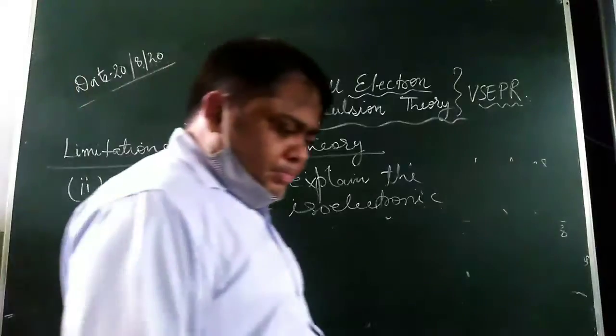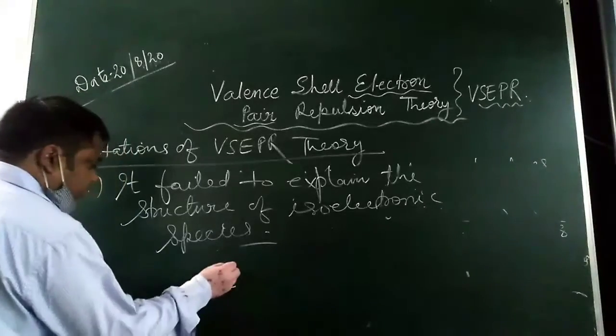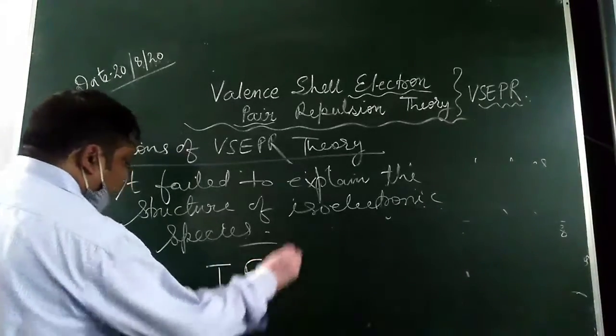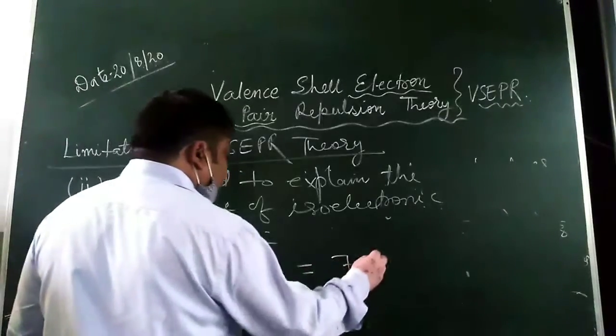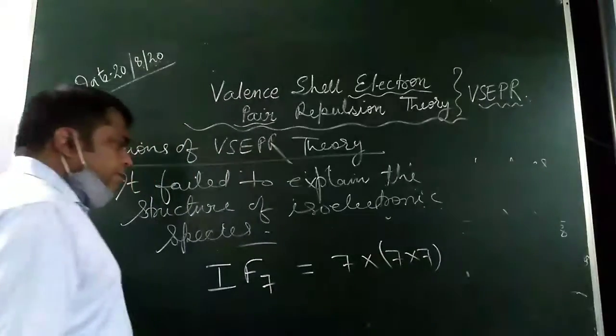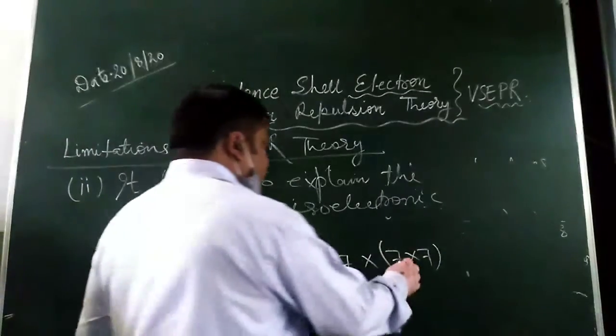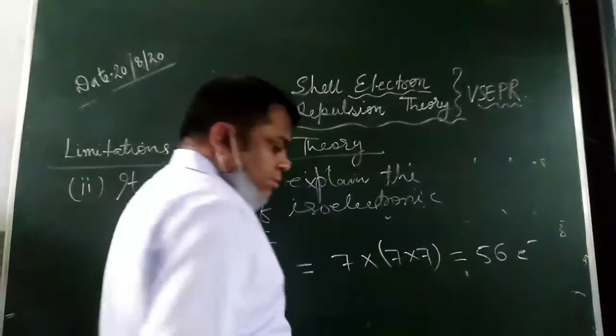Example, say IF7. Iodine has 7 electrons and fluorine also has 7 electrons, multiplied by 7. So how many are there? 49 plus 7 equal to 56 electrons. And